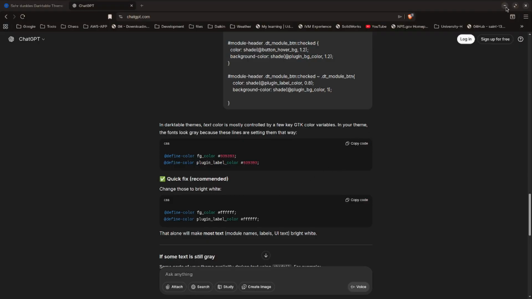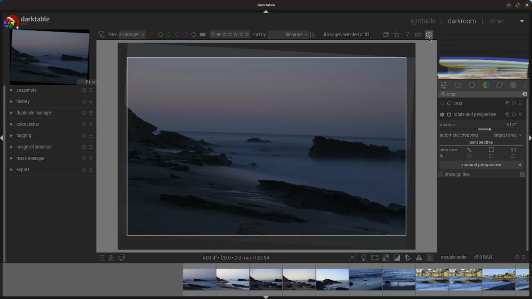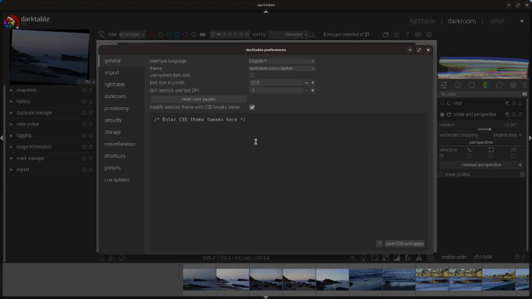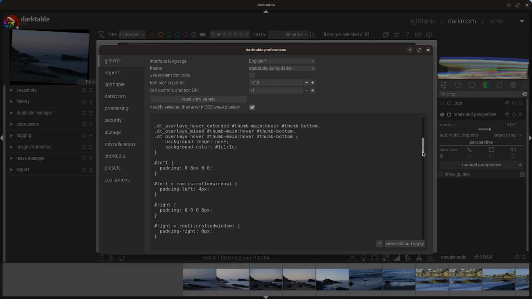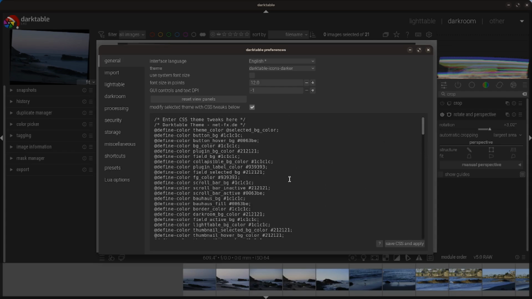So we minimize that, we copied it, I come back into Darktable, go to General, and I'm going to paste this in here, and I paste the code in there, and it's suggesting that I change the foreground from 939393. It's using it a couple different places, but here's the defined color, and I'm just going to go through and look for it, and here it is, FG color. So I'm going to change this to, we said 6 Fs, 1, 2, 3, 4, 5, 6. That's what I'm going to do right now. I'm going to save it,